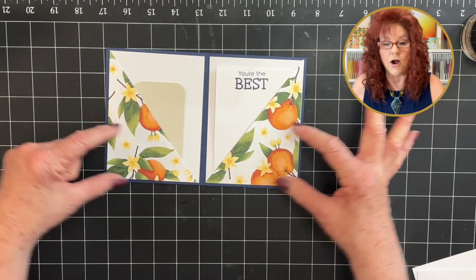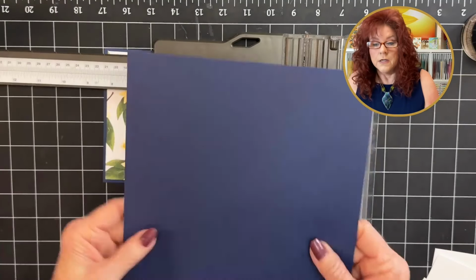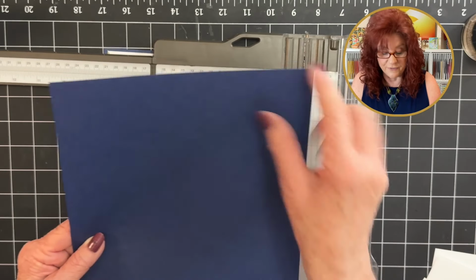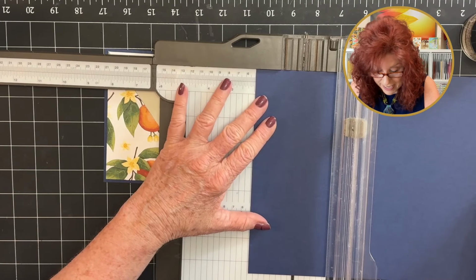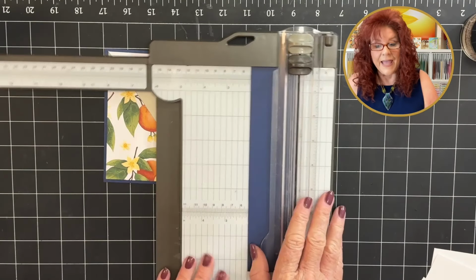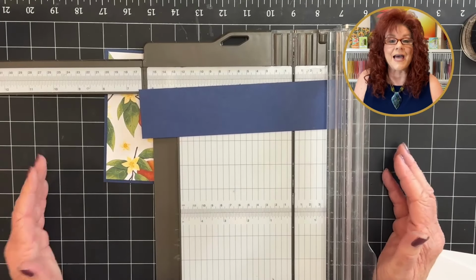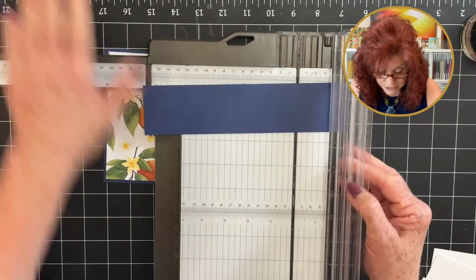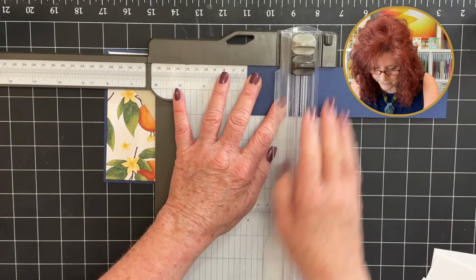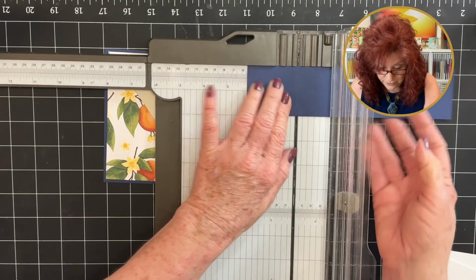Now we need to create our little Z bar down here. So on this piece of cardstock, it's 8.5 by 11. We already have our 8.5 right here. I'm going to turn it long ways and just cut it at 2. And then we're going to turn this strip long ways and we're going to add some score lines. We're going to score at 2 1/8, 4 1/4,